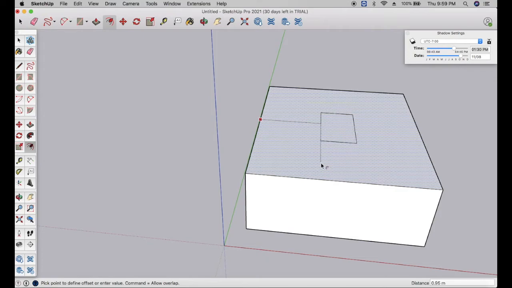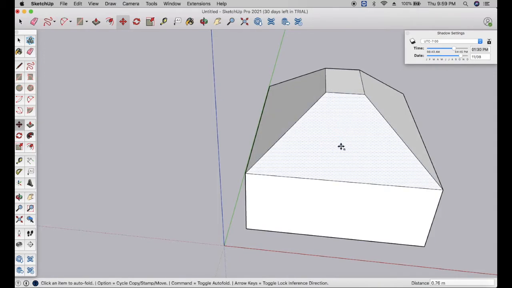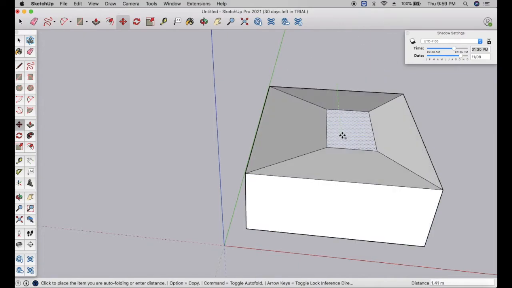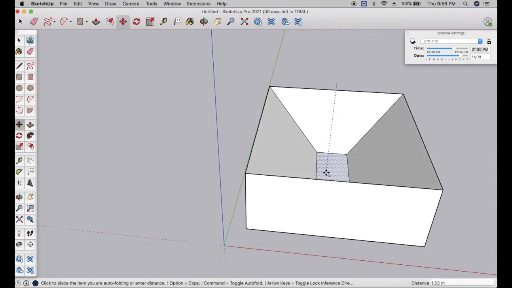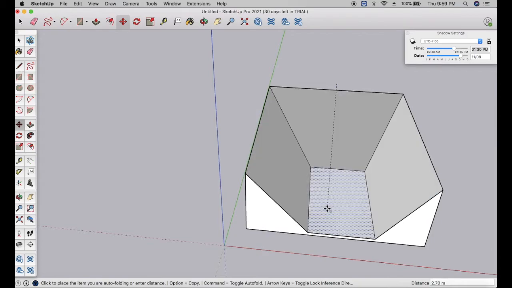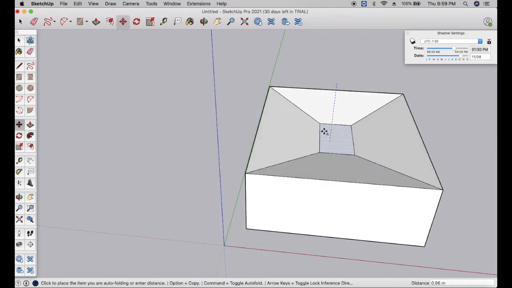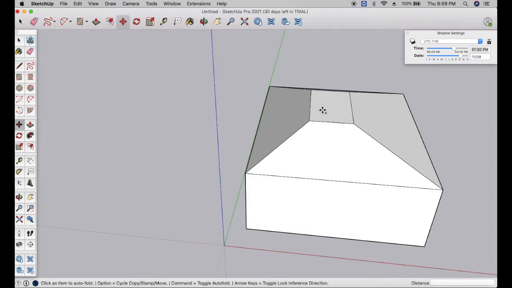Okay, now let us create the same thing. Command to activate. From here you can see we are getting the auto fold or the slanting roof. Okay, similarly you can put it down to form a box. So you can use this command in both ways.